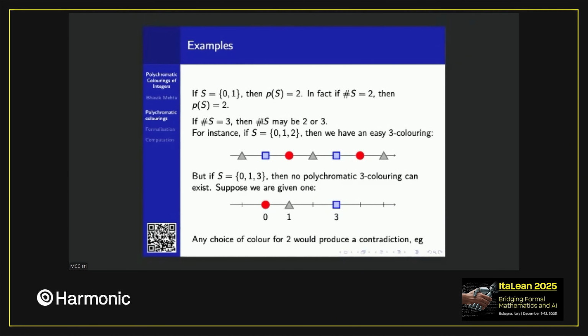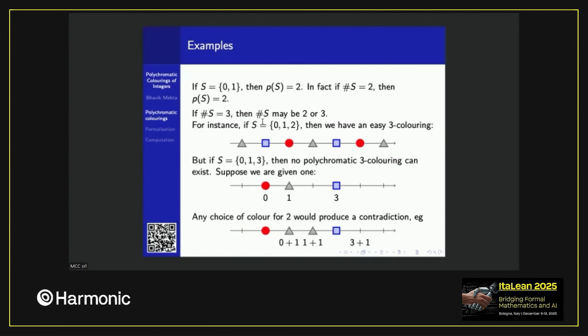Now what we're going to think about is what color is 2? Because we're 3-coloring the integers, 2 must have a color, and it must be red, gray, or blue. What happens if 2 is colored gray? Well, then I have a contradiction, because I have this translate of 0, 1, 3 by translating up by 1. And this translation, which will be 1, 2, 4, has used gray twice, which means it can't use both red